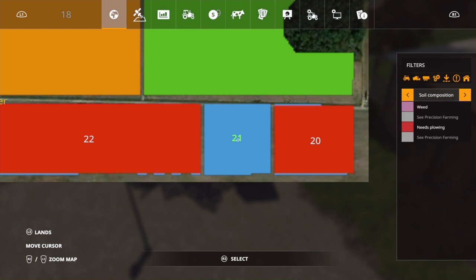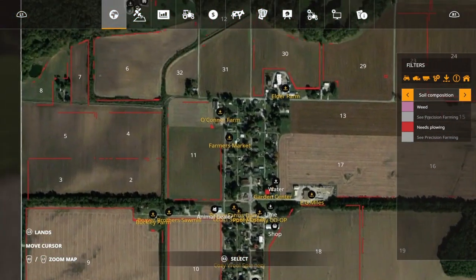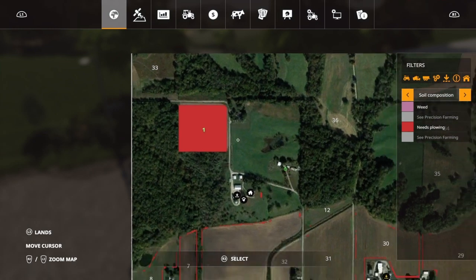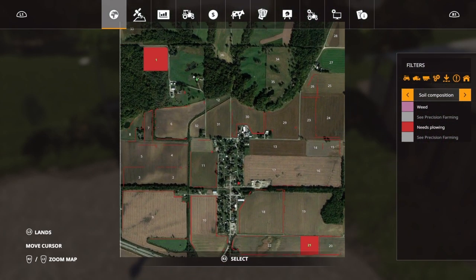And does it need plowed? Yes, it does. So it needs plowed. Your main field here needs plowed. And those are the only two on the entire map that need plowed. So